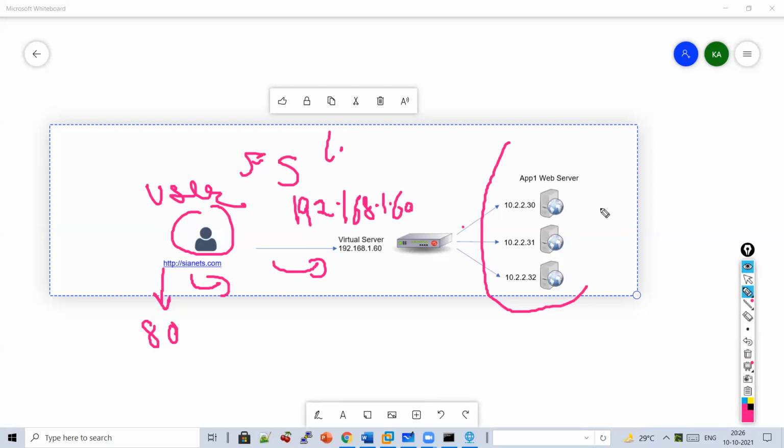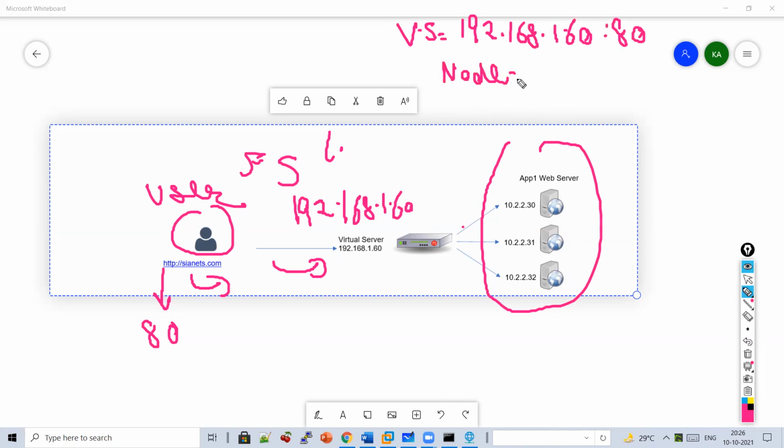How many servers are there? So in this case, guys, what will be my virtual server? Virtual server is 192.168.1.60, port number 80. What is my node IP address? 10.2.2.30, 31, 32.